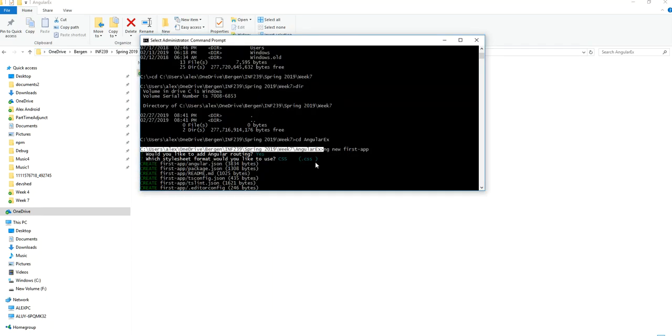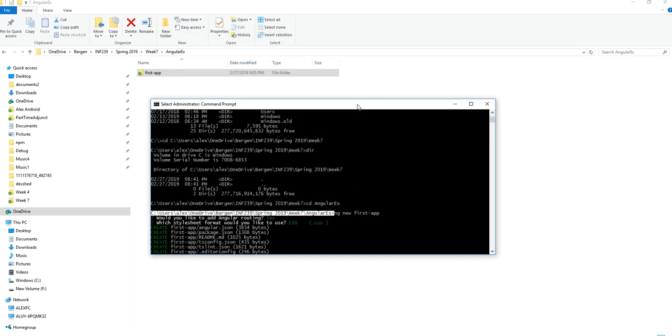So what I did was I typed in ng space new and then the name of my app. And that will fetch your structure to create your first Angular project. And it's like magic. It just automatically works where you can just run it off the ground. You don't have to really do it. I mean, you have to do a couple little things, but that's what I'm going to show you in this